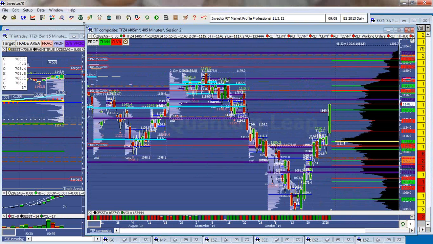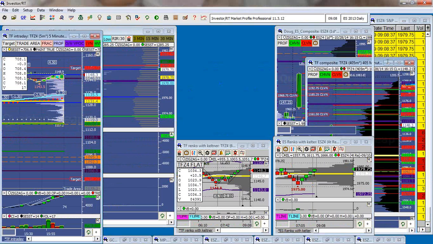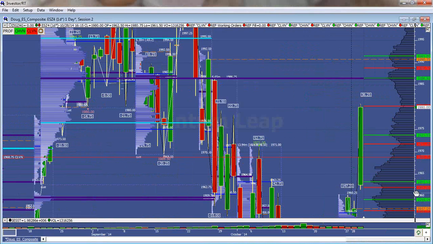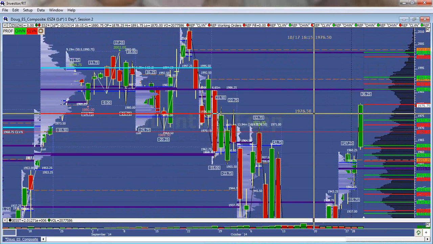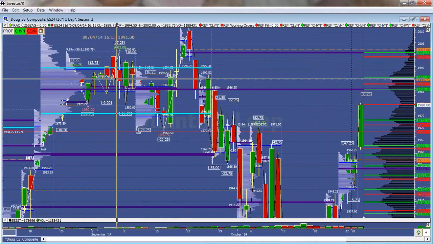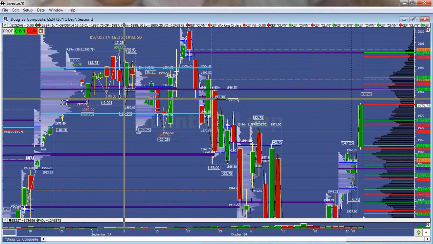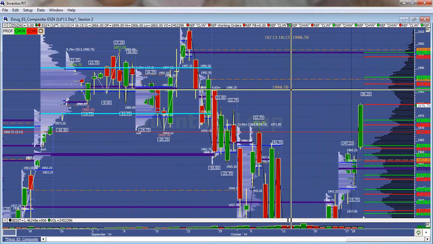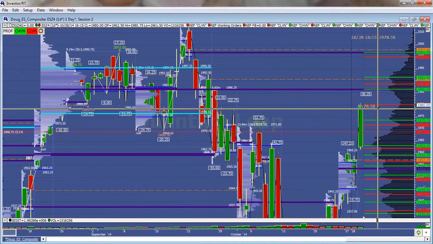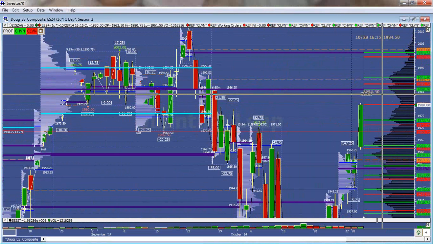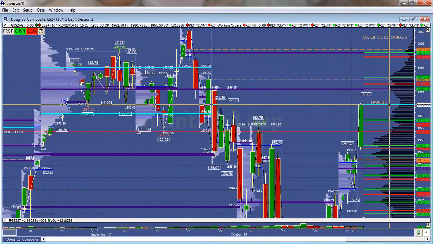Let's take a look at where we are on the ES. The ES is kind of similar. We've got this 7650. We're back up inside of this distribution zone, around the microcomposite VPOC at 1986.50. We're just struggling to get over this and hold above the CLVN. Remember how key the CLVN was? We were trading off of this 1980.25. Well, it's back as resistance.